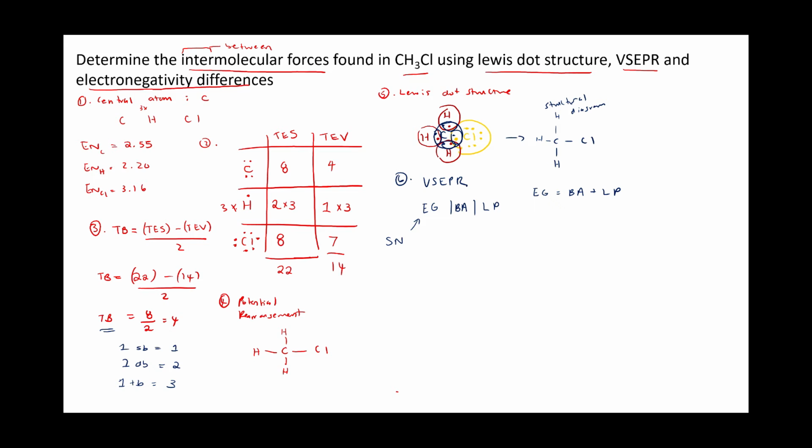So after we've done this, now we need to think about how many lone pairs our central atom has. Well, it's very clear when we view the structural diagram. There are 0 lone pairs. How many bonding atoms does our central atom have? Well, it's 1, 2, 3, 4 bonding atoms. And the total number of electron groups is the sum of these two, so it's 4. Right? And this is what I call the shorthand notation, but it's a great way to memorize some of your VSEPR structures. So this value here is actually associated with the tetrahedral